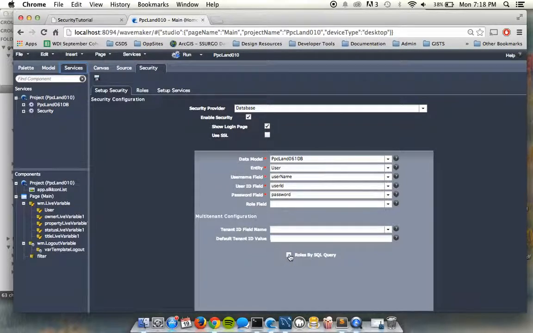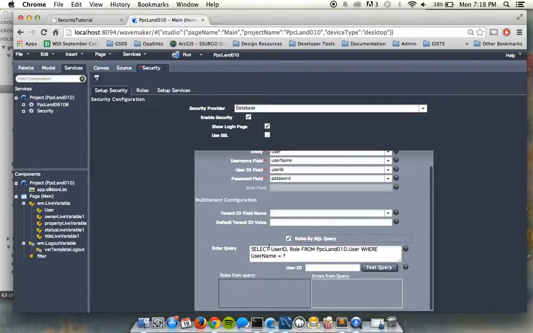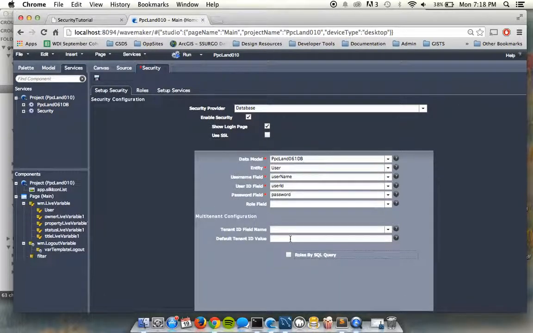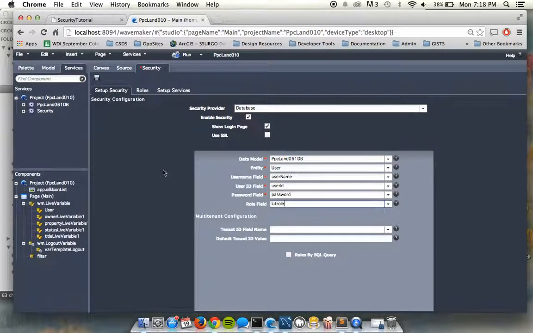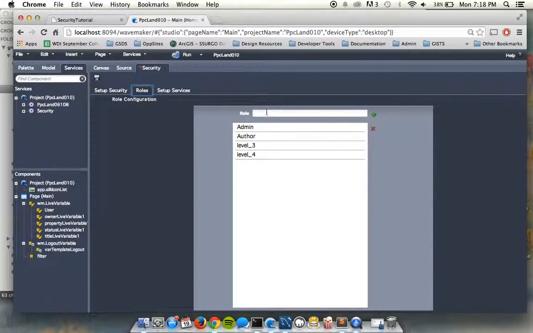The way it's currently set, you'll see this is what Blair set up. So go ahead and uncheck this role by SQL query. And then in this role field, go ahead and select the LUT role, the lookup table role. And then in the roles tab, you can see here I added admin, author, level 3 and level 4. So go ahead and type those here like so